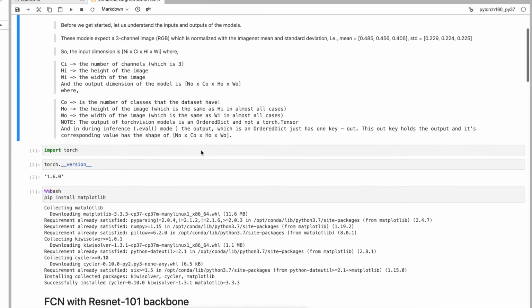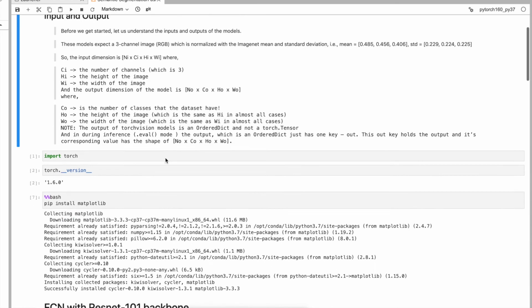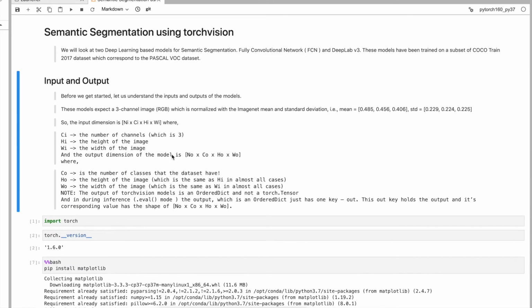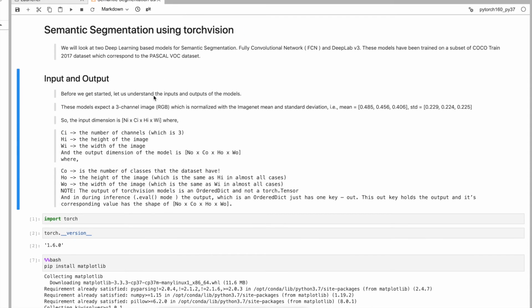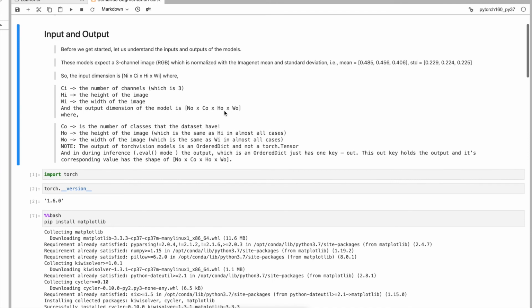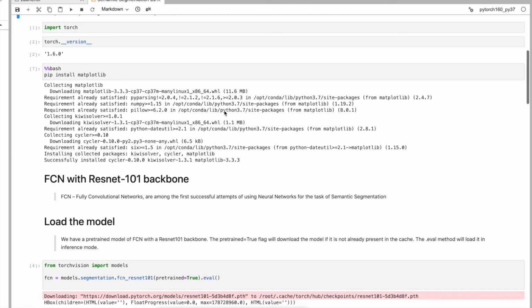I will not go deep into the code, but I will explain how the mathematical calculation will happen here. In segmentation, generally you have heard about TensorFlow, PyTorch, all these things. Here I will use PyTorch and Torch Vision for semantic segmentation, and we'll use an already trained network called ResNet.